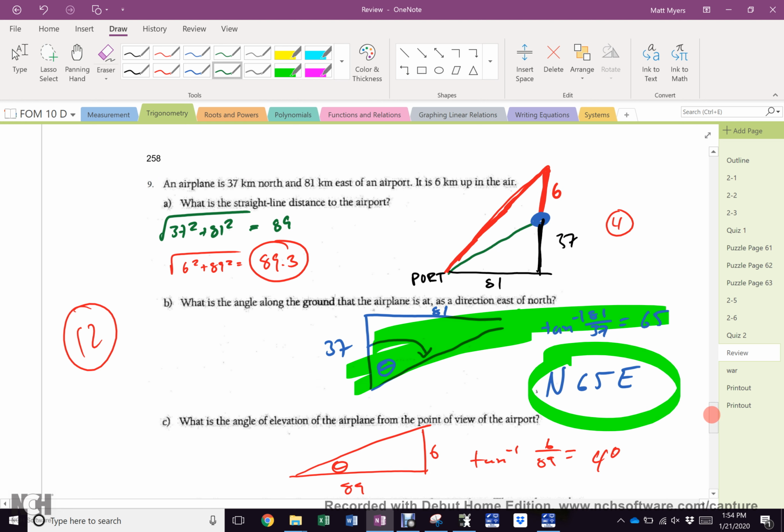The point is, it's a three-dimensional triangle, isn't it? Right? Because the plane is up in the air, but it also makes a triangle on the ground. Do we have to write... Well, I did say I wanted it as a direction east of north. Remember we talked about north, east,